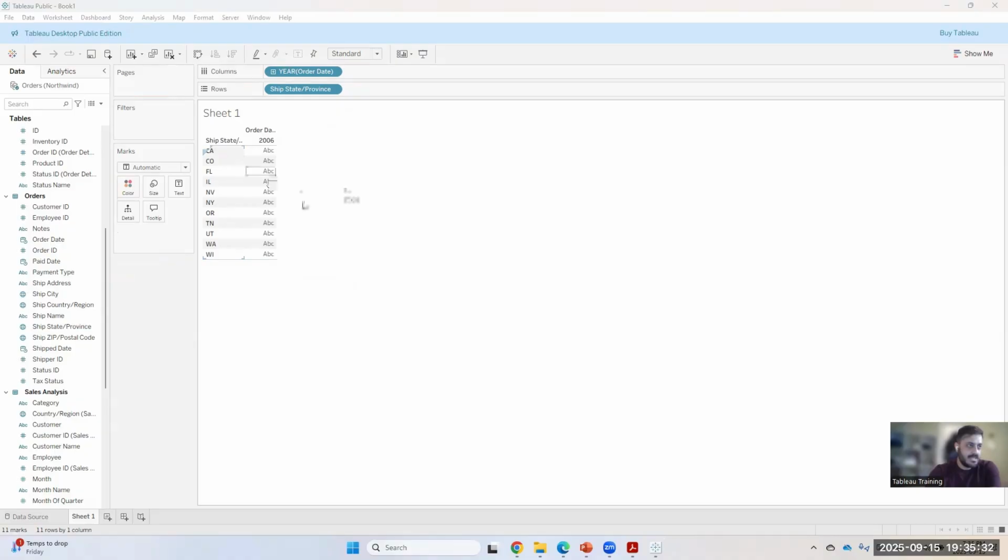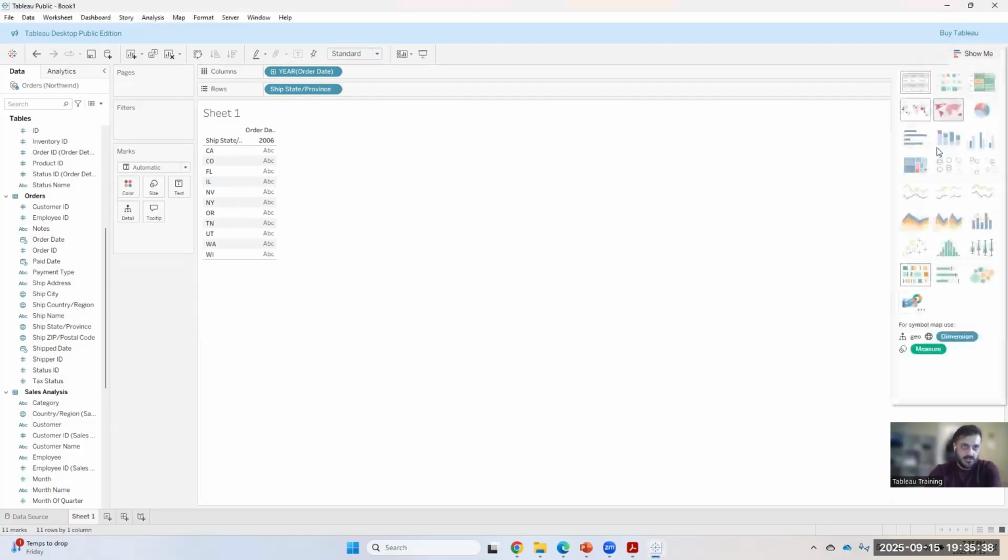But the data you see here is more of a tabular data. For that, we have the Show Me option on the right side. Show Me means you can change the chart type and visualization depending on what kind of data you have. This data is geographical, and that's why I picked it up. So I can have either a map or a filled map here. Let me start with the map first. So if I click on it,